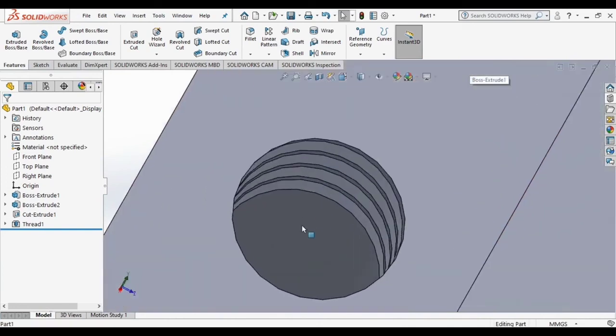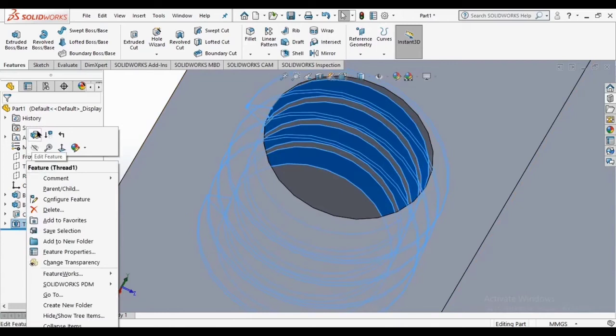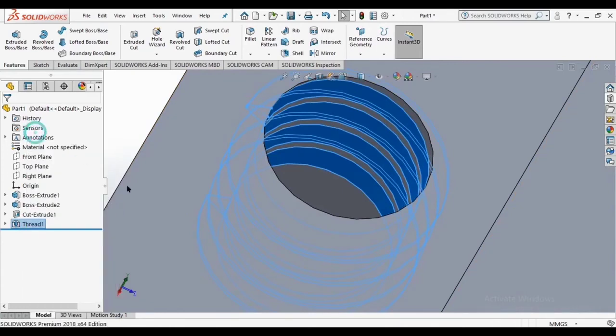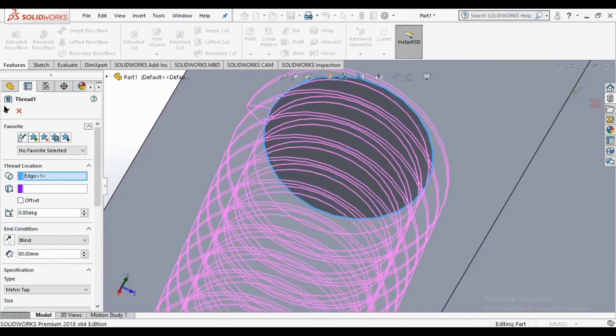As you can see, we made the thread, but it's not through all. For that we have to right click and edit feature, and then change the length, it's 80. Click OK and click OK.